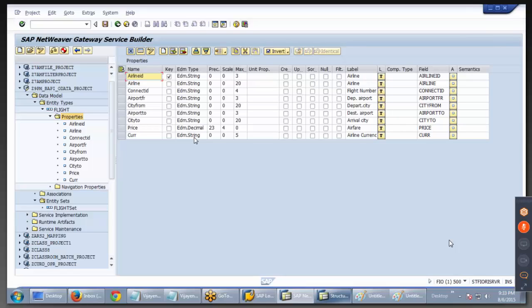So please notice that for ABAP data types in OData, there are equivalent data types, so it will automatically take them while creating the entity type. So you can save it now. You can save it. Let me write that in your notes, like